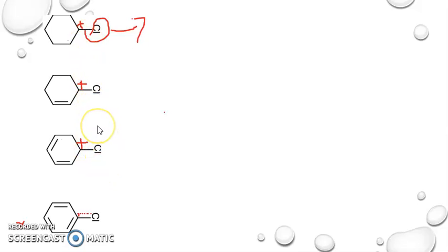The stability we have seen: a tertiary cation is more stable than secondary, and a secondary carbocation is more stable than primary. We have seen this in the SN1 reaction. But here we can come to the conclusion that it is not stable. So the vinyl chloride is not stable, and the SN reaction is not happening in the vinyl chloride. It has less stability, it won't react much, so we have to write it last.